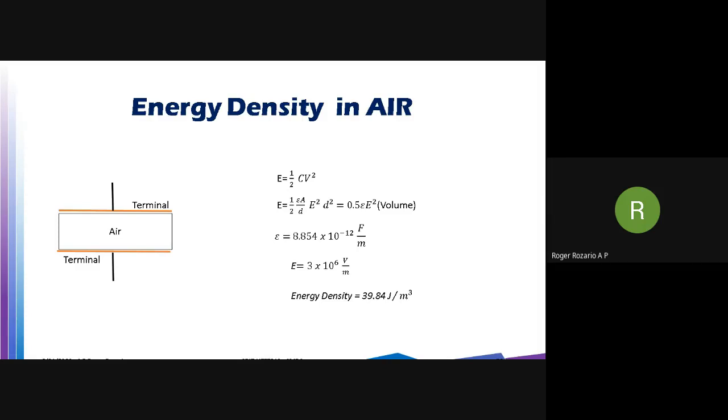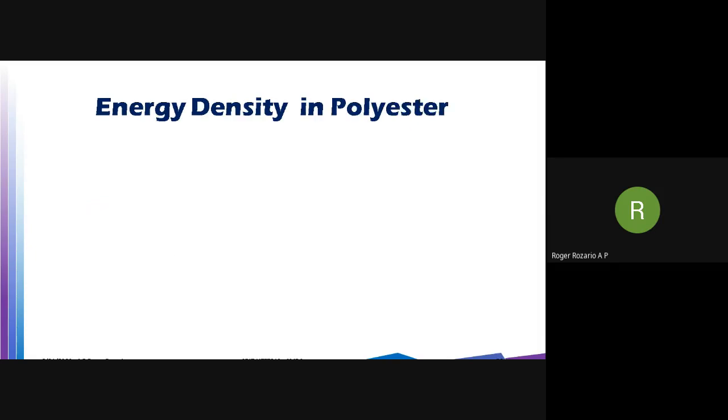When you use air as a dielectric material, you will get the energy density of only 10 calories, or 39.84 joules. So 1 calorie equal to 4 joules. So approximately 10 calories of energy can be stored when you are using air as the dielectric material and manufacturing the capacitor. Suppose if I want to store more energy, I will replace this dielectric material with some other material,